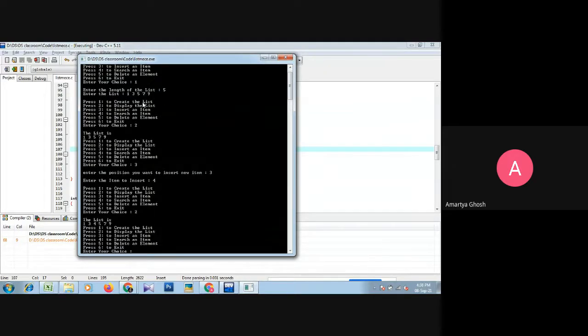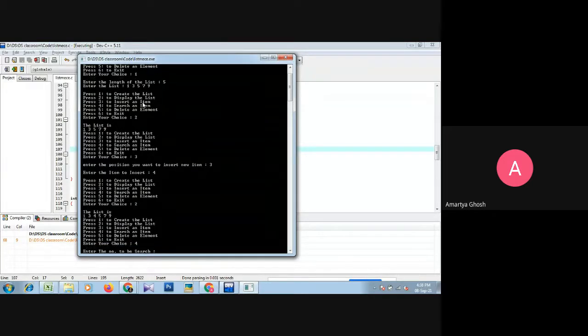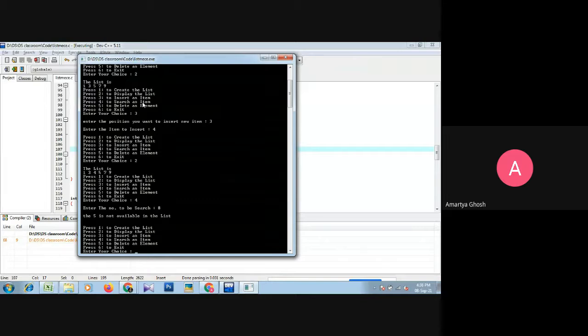To display now: 1 3 4 5 7 9, exactly right. Now I want to search one element, that is 4. Enter a value, suppose 8 is not available, and 5 is not available in the list.